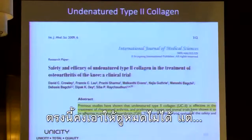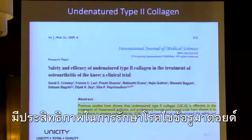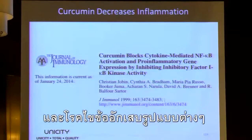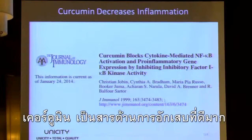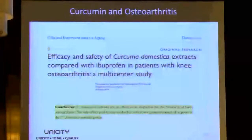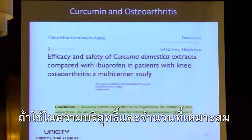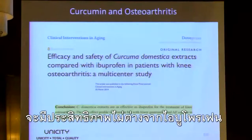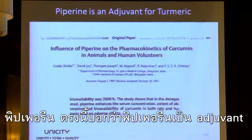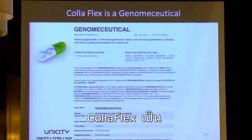Okay, we won't show all these here, but the undenatured type 2 collagen is effective in the treatment of rheumatoid arthritis and different forms of osteoarthritis. Curcumin, great anti-inflammatory compound. Curcumin again, showing that curcumin, if it's the right purity at the right amount, is as effective as ibuprofen with knee osteoarthritis. Piperine, showing that piperine is an adjuvant here. Coliflex is